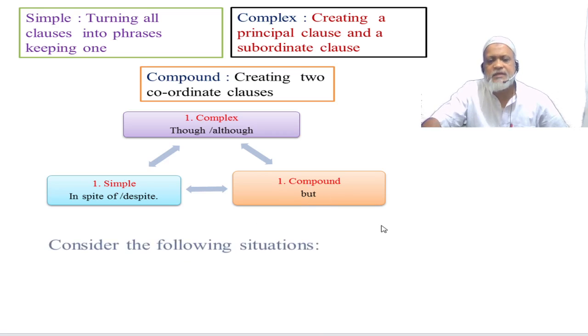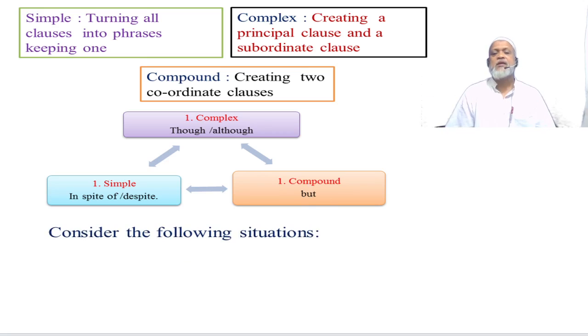In changing a complex sentence having "though" or "although" into simple and compound, or in changing a compound sentence having "but" into complex and simple, or in changing a simple sentence having "in spite of" into complex and compound,